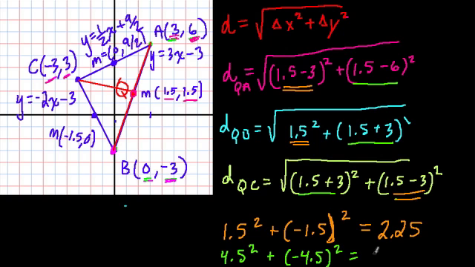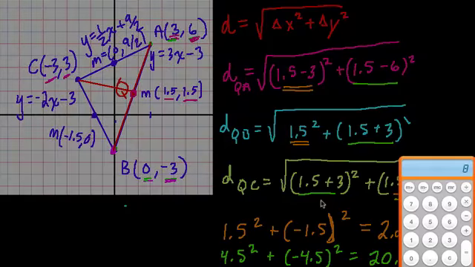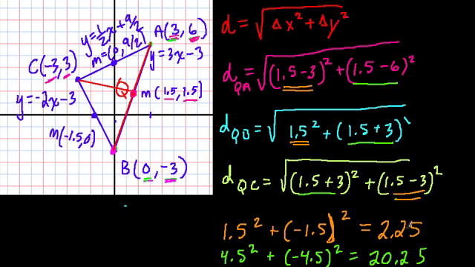I think it's 20.25. But let me just check on the calculator. This is 4.5 squared. So 4.5 times 4.5. Yes, 20.25. So these are all going to be the same distance from Q. Okay, so what is that distance? Let's just finish this. So we want to add these two, and we get